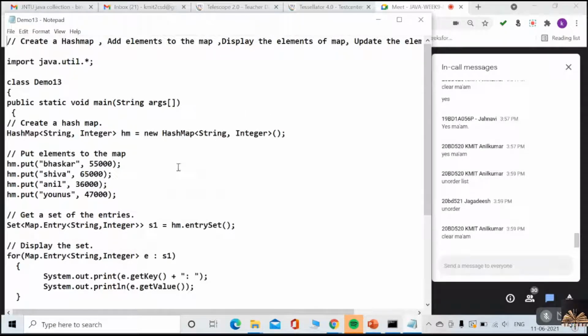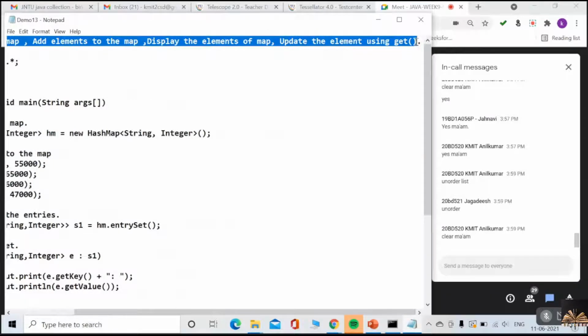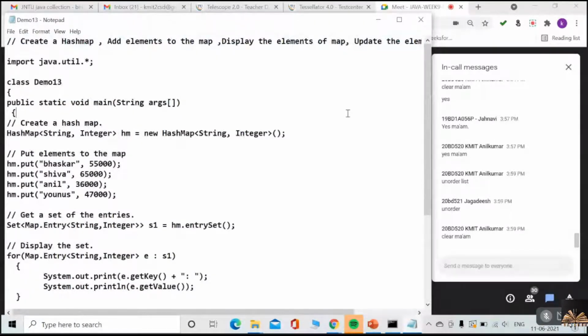Have a look at this. See here, what we are doing is, just read the comment line. Create a hash map, add elements to the map, and also display the elements and update the elements using get. Here I am updating one of the elements. Here I want to update one of the entries of your hash map.